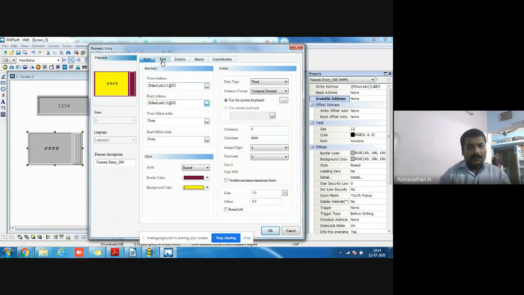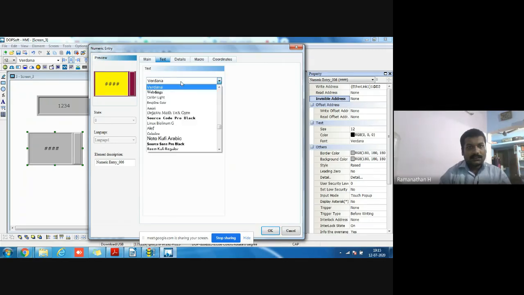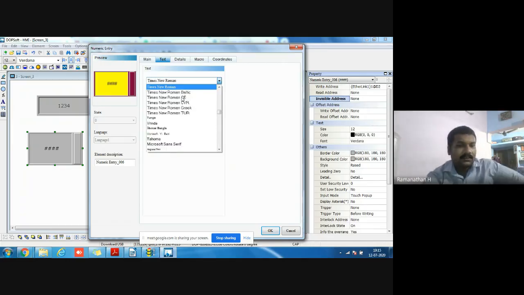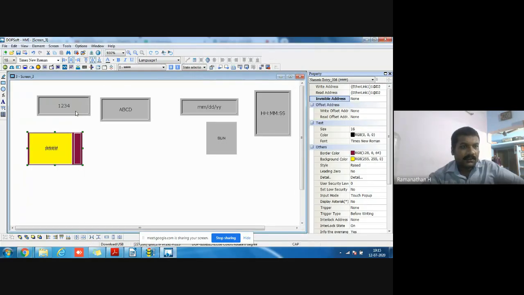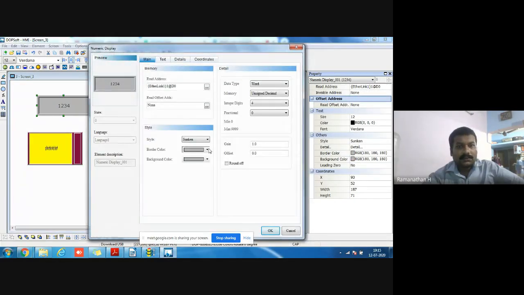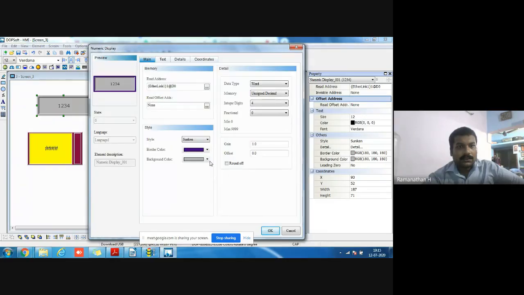And here also we change the text format and text size and horizontal vertical alignments. Same here also. Change the border color and background color.